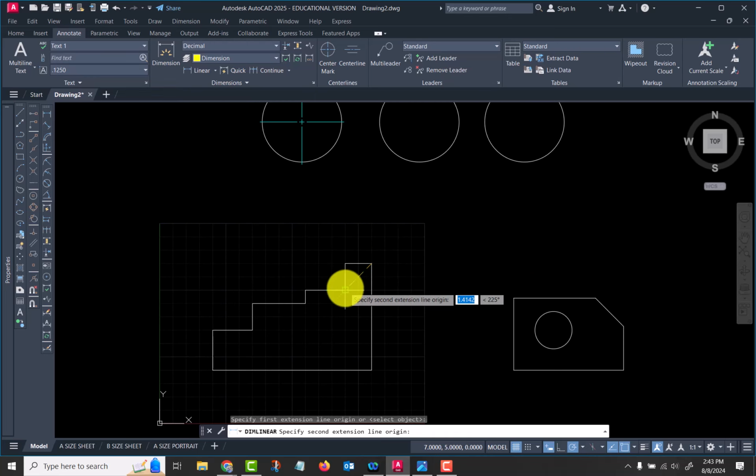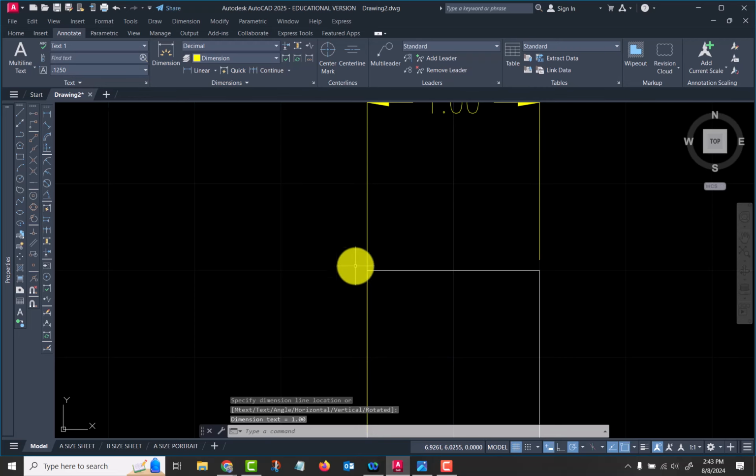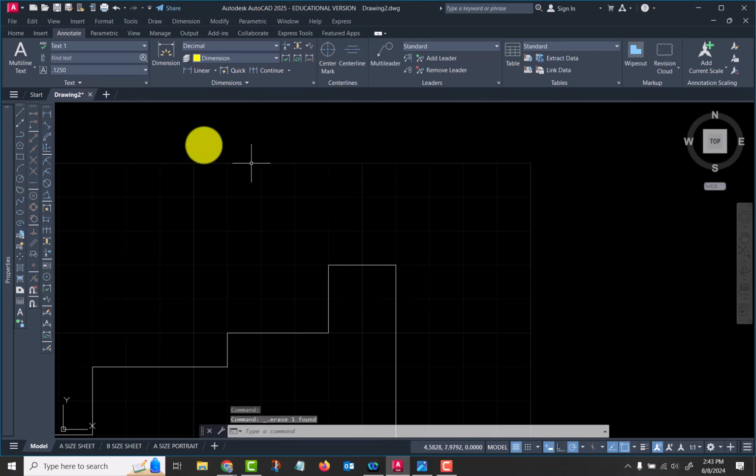If you go here and here, you end up with no gap against the object and your extension line is on top of your visible line. And you may not think that makes a difference, but when you print a drawing out, it makes a big difference. It's very visible. Okay, and so doing it again,